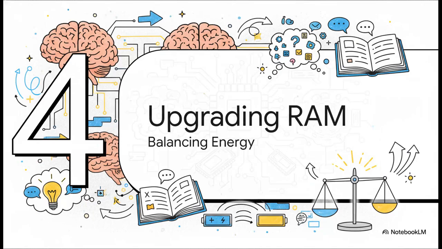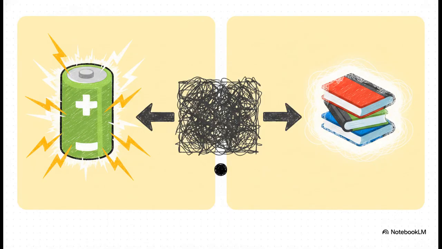Next up is Section 4, upgrading RAM and libraries, balancing energy and vocabulary. Once your primer is installed, this upgrade goes right after that frustrating feeling of not being known. It fundamentally restructures how your brain processes language using the dual-axis latency model. Think of RAM as the intense energy cost it takes to formulate and push out words. And think of your libraries as your cached vocabulary, all those complex sentences you actually want to use. Right now, trying to explain your feelings is eating up way too much RAM. That's exactly why your files get compressed down into exhausted single-word answers.